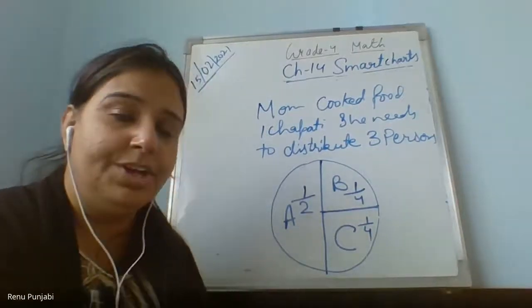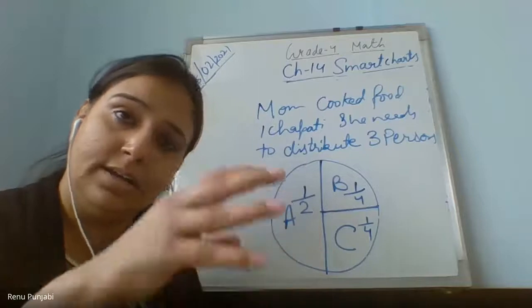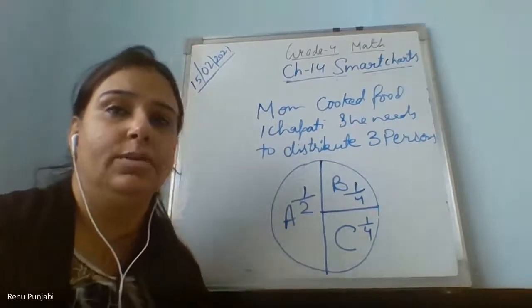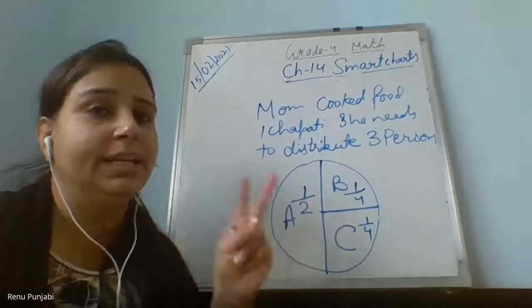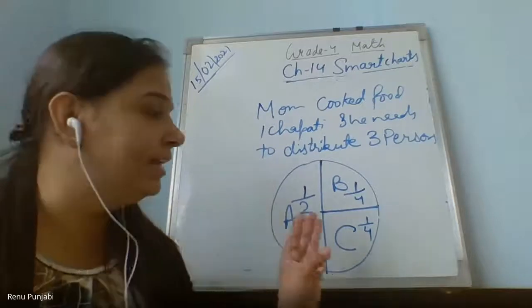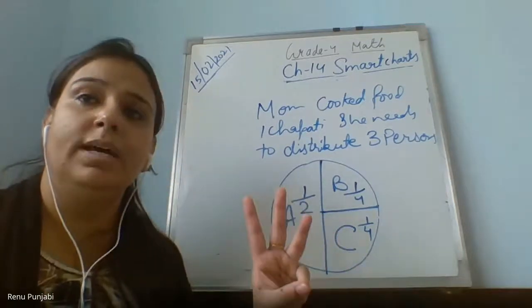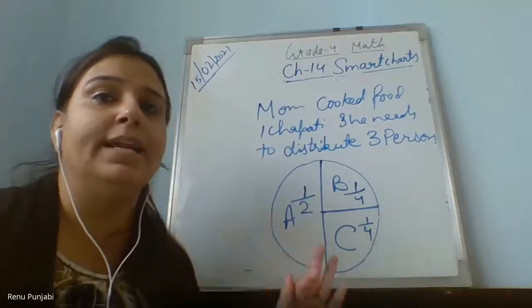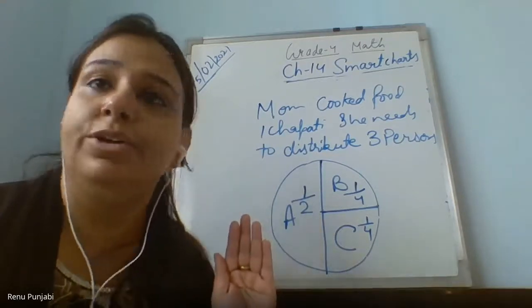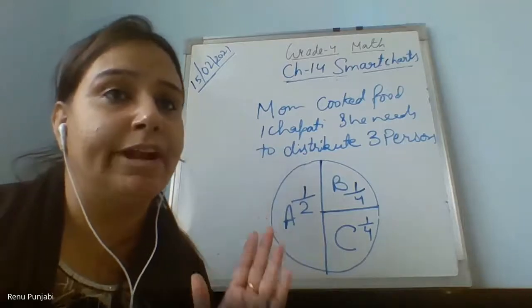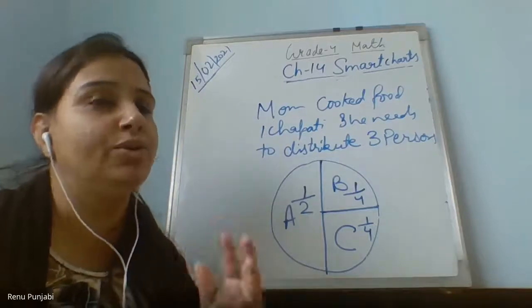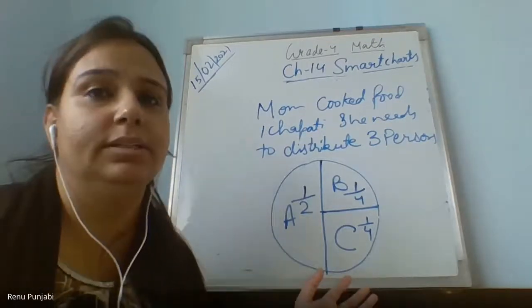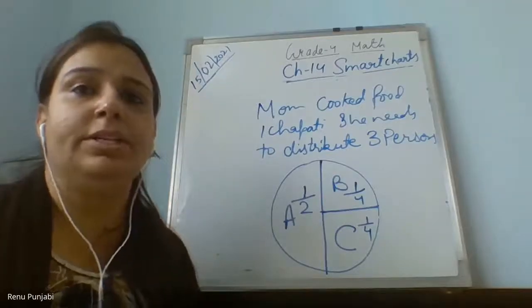Here you will relate only with the fraction. Okay, you can relate it in 3 ways: with fractions, with percentages, and you can also relate it with degrees, which you will learn in grade 5. But right now, because you don't know about degrees in grade 4, you have already learned about fractions, that is, what part of a whole, and how we will divide it. So in grade 4 you will only relate it with the fraction. Am I clear? Okay. No percentage and no degrees. Because if you know, you can do it.